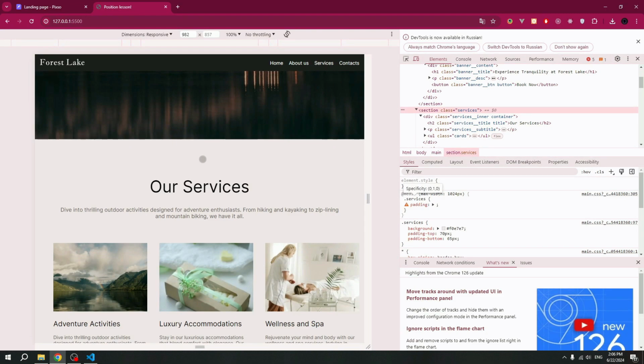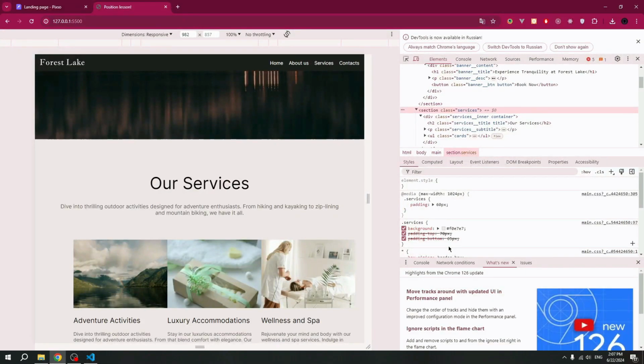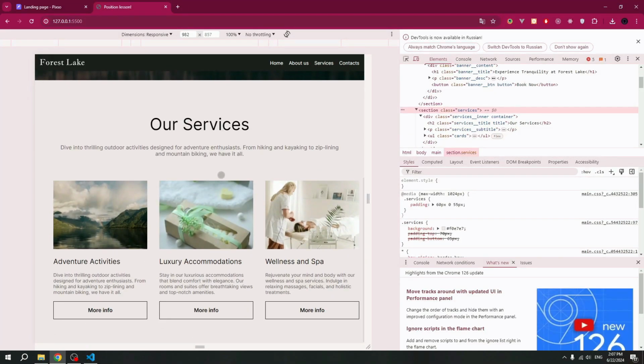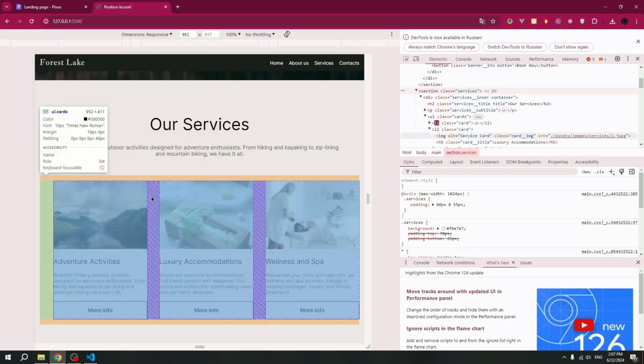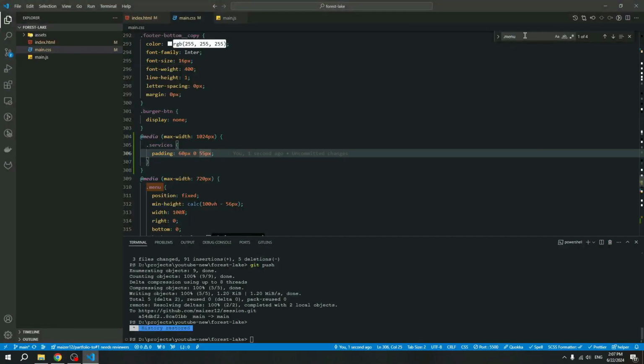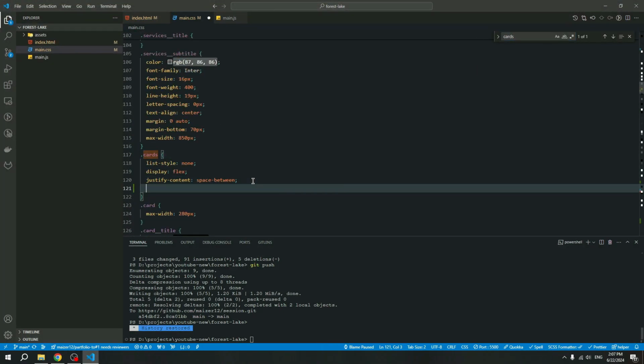We can use one property and add top padding, right, left, and bottom. Okay, and also we need to add gap. We can find cards styles, added